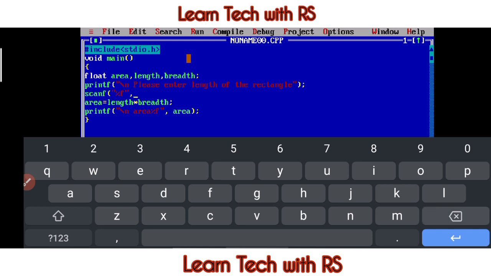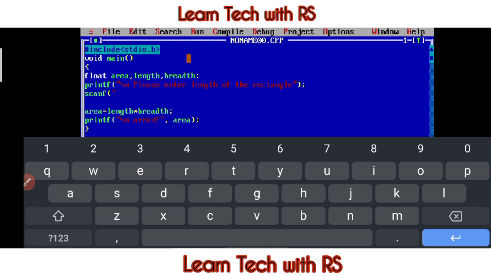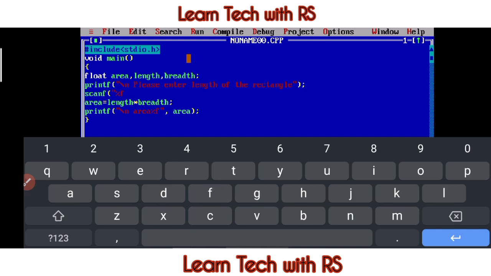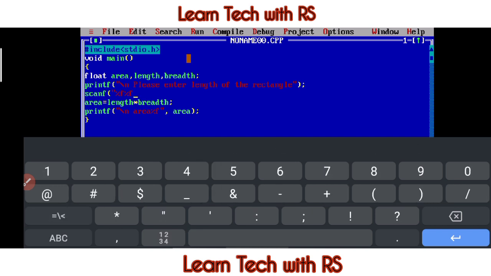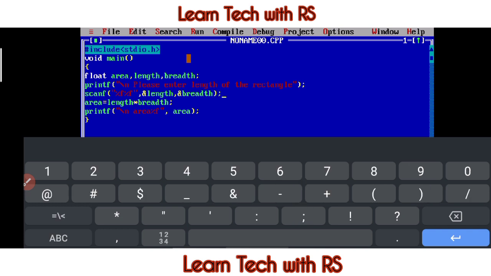So we will write scanf, bracket open, inverted comma, percentage f, percentage f, then inverted comma close, comma, and length, comma, and breadth, okay, bracket close and semicolon.